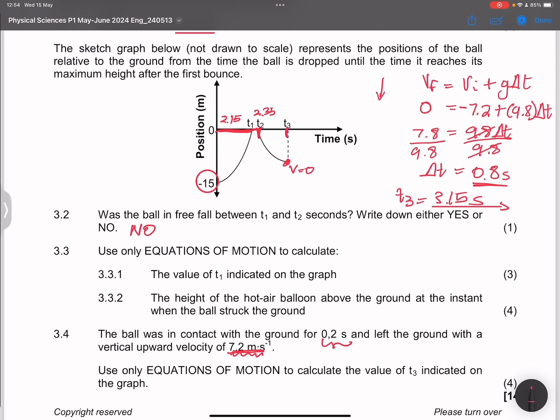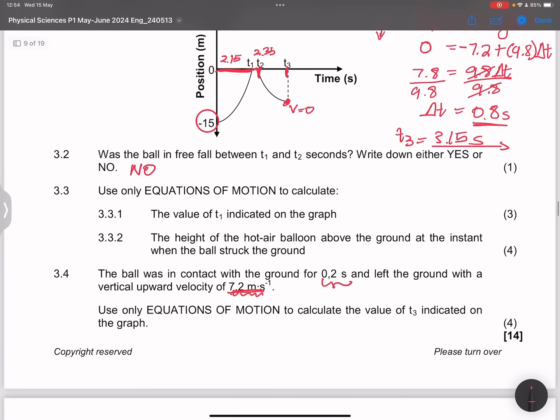Right, I hope that makes sense, ladies and gents. So we found the time T2 to T3 first, and we used that time and added it to the other times as well. All right, and we would have earned ourselves 14 marks, and really that's how the cookie